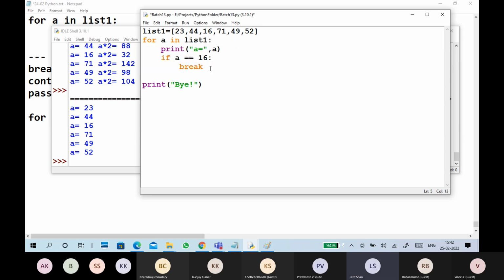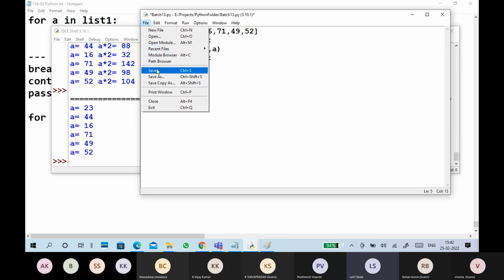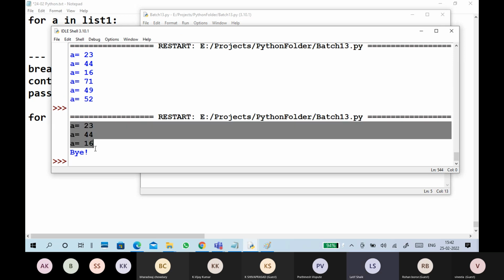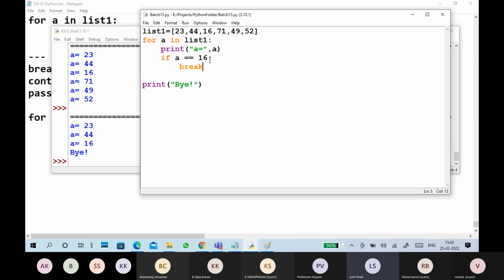So this is the original loop. We'll see what happens. Save. So what is happening here? It reaches 16. When a value is 16, break. Here you can write this in two ways. One is like this, another one is like this.